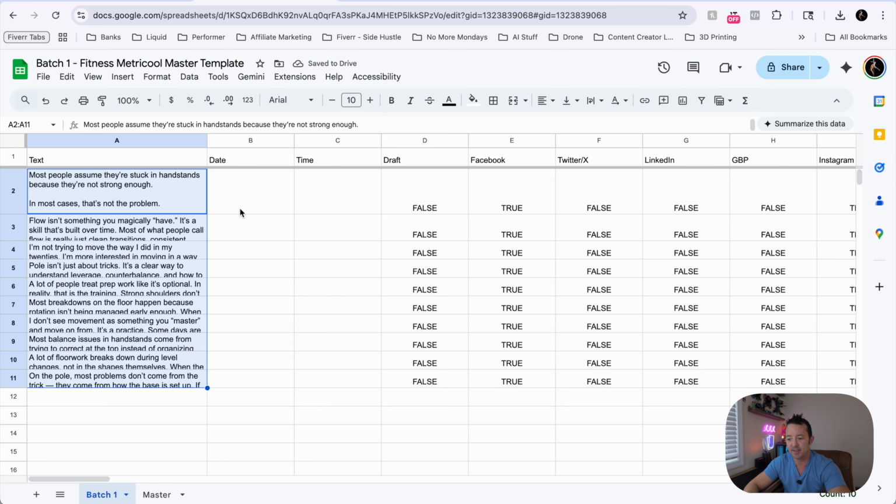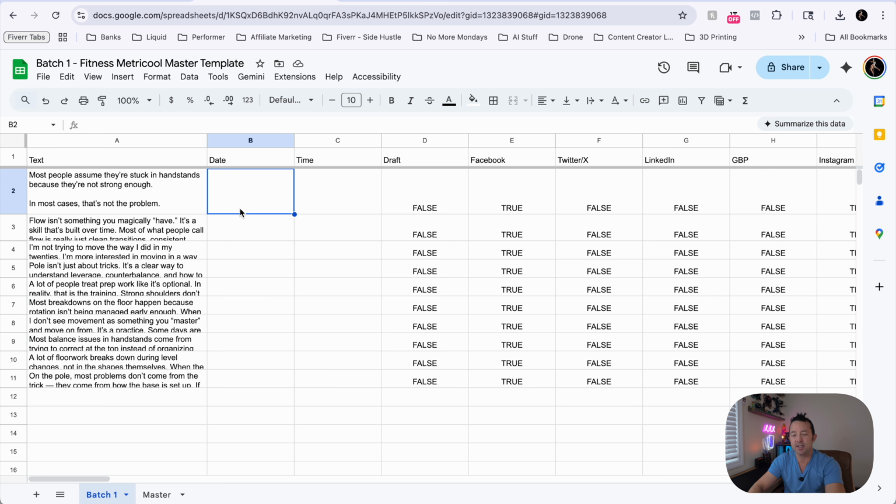Now the next thing is going to be the dates, okay? You could type it in manually if you want. I prefer to use ChatGPT. I just tell it straight away, I want to start scheduling these posts one a day, every day. Today is January 22nd, so start with that, and then